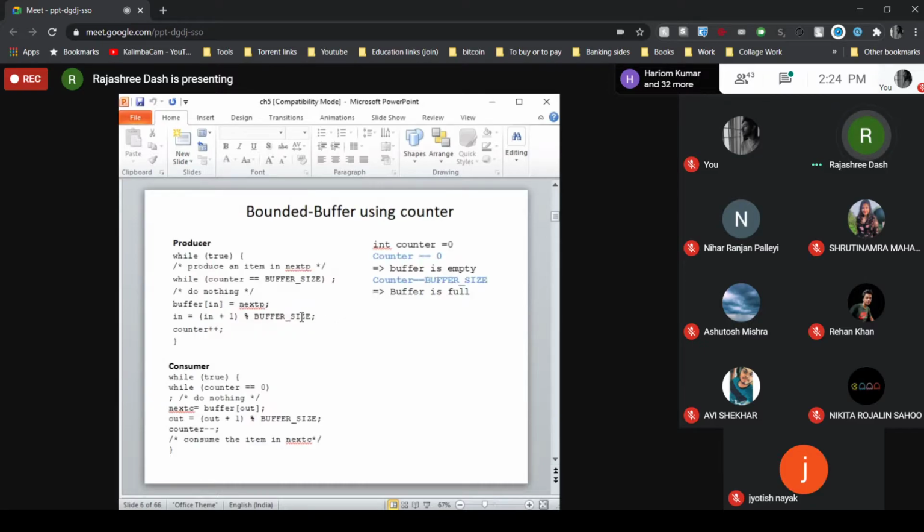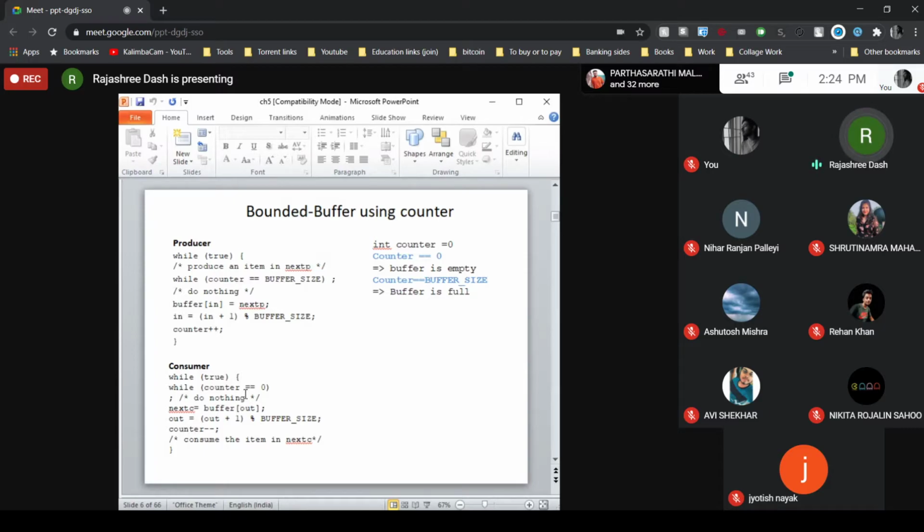But here, if the counter value equals buffer size, the buffer is full. Similarly, when counter equals 0, the buffer is empty. These two changes have been made. Otherwise, all the other code remains the same.